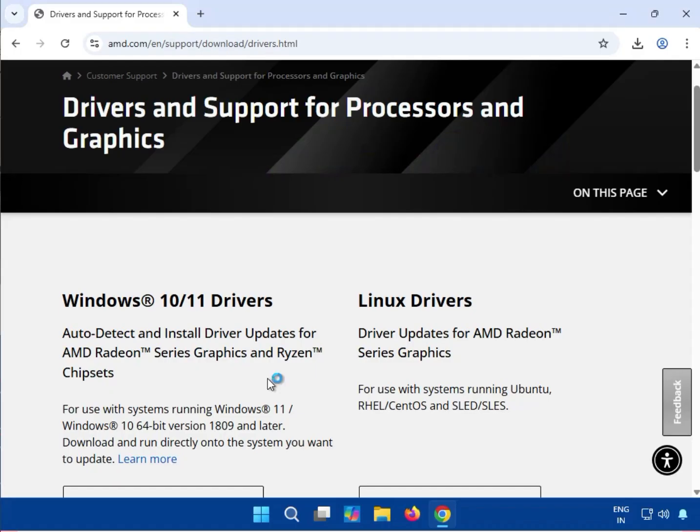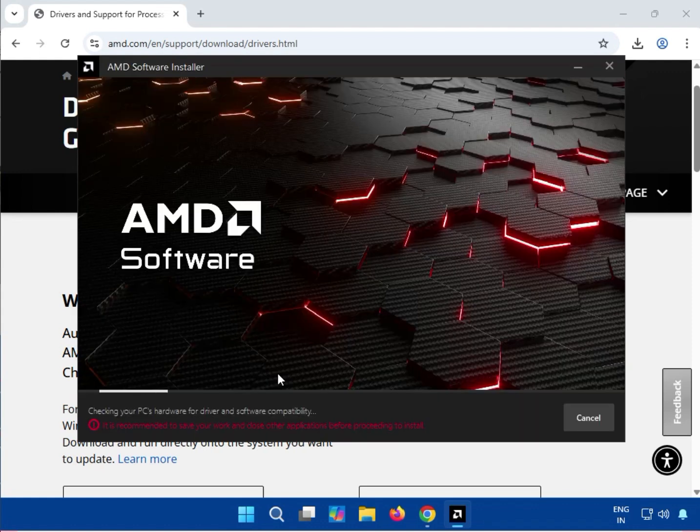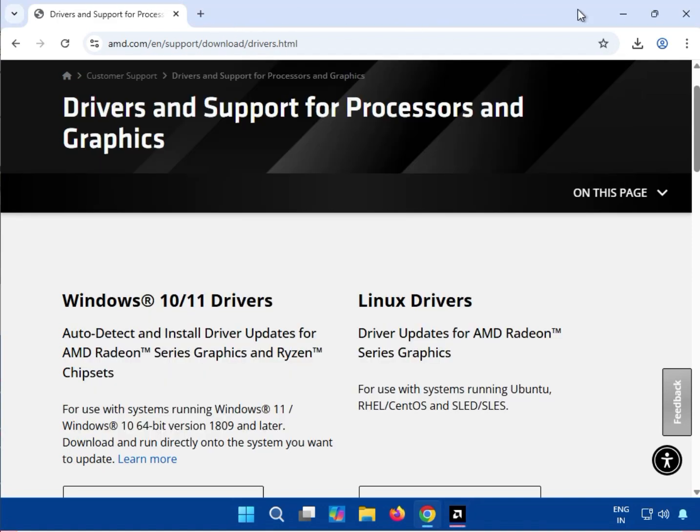Then yes. Now you can see it detects your hardware and installs the required driver. Okay. Next,